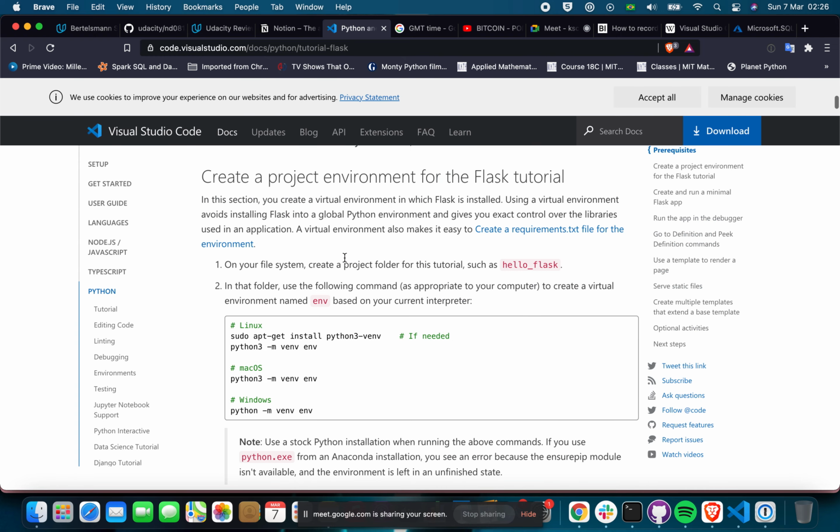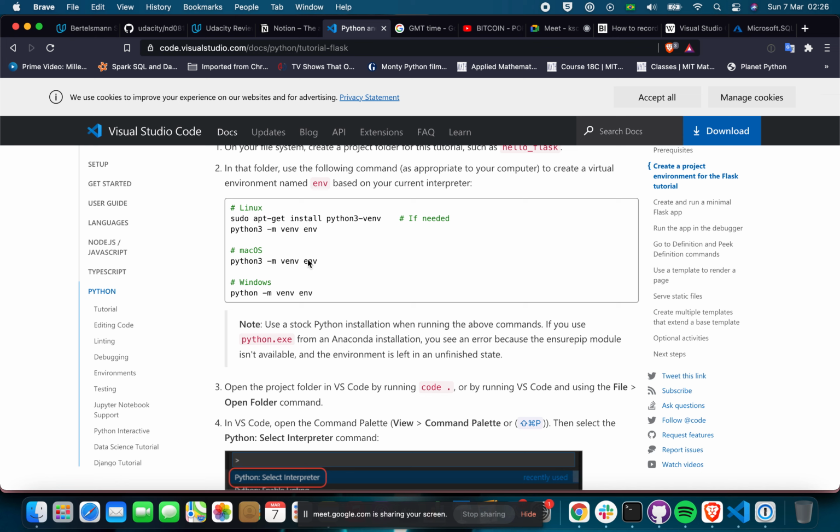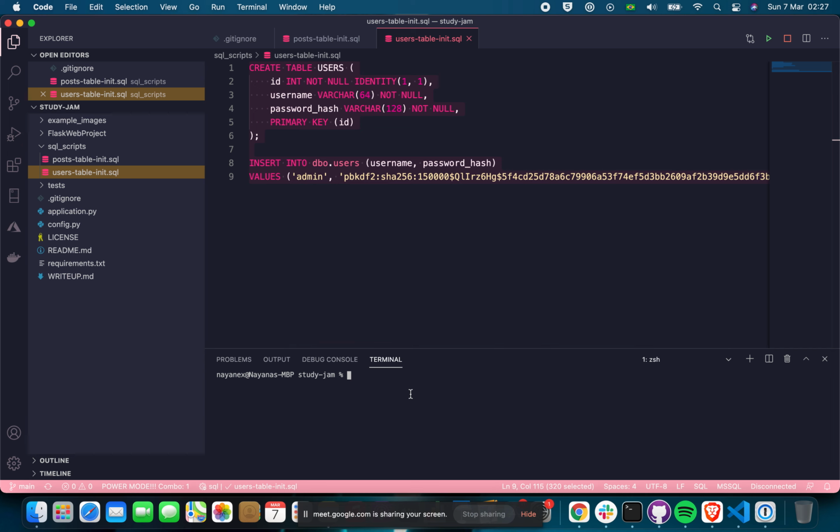They give a lot of instructions about it. So basically you just need to follow the instructions in here to create a Python environment. If I want, later on I can share these resources with you. Because I'm using Mac, I'll use this one in here to create the Python environment,